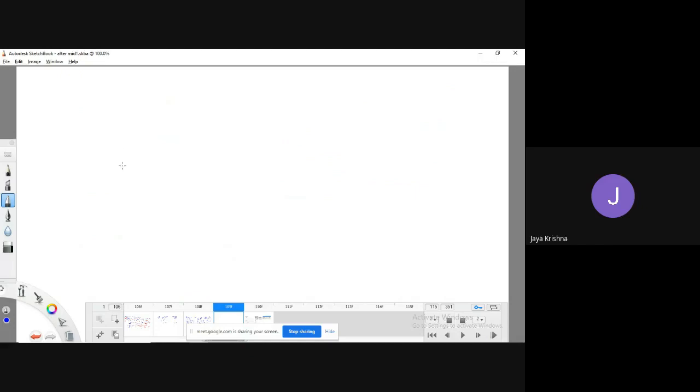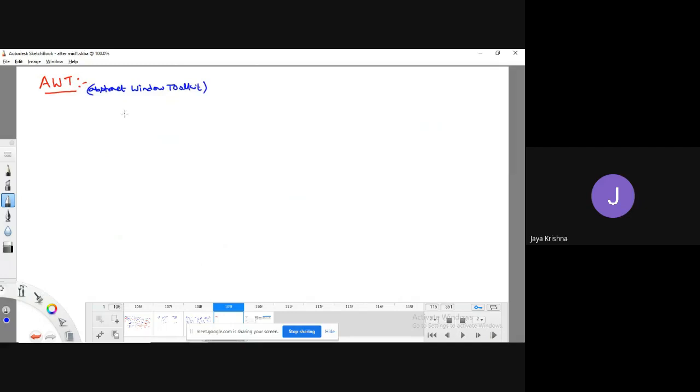Next topic, let us see the concept of AWT. Okay, fine. So this AWT, we can call it as abstract window toolkit.